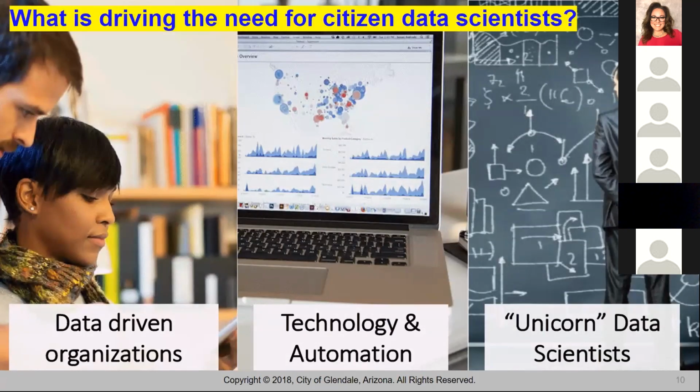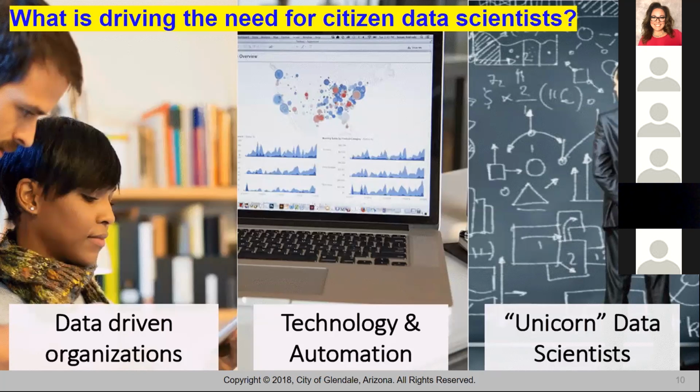So what is driving the need for citizen data scientists? First off, more organizations are becoming data-driven. Years ago, when I started in the profession, everything was process-driven. We have switched that over the years, and organizations are more data-driven. Technology and automation have changed. Years ago, you had to be a really highly skilled technical person to be able to do analytics, and we now have tools like Tableau and Tableau Prep, where non-technical people can develop their own data visualizations. They can connect the data, manipulate it,